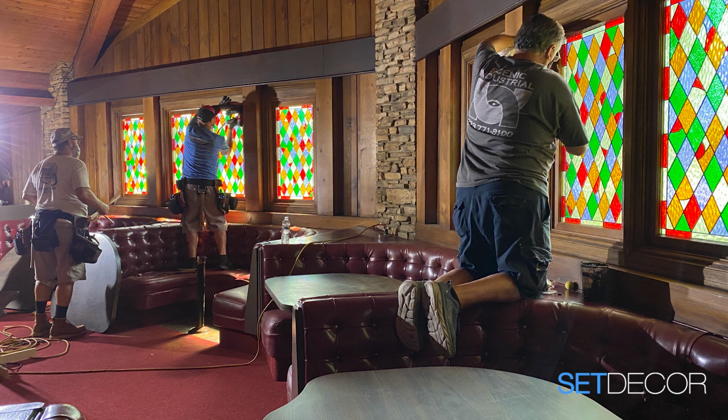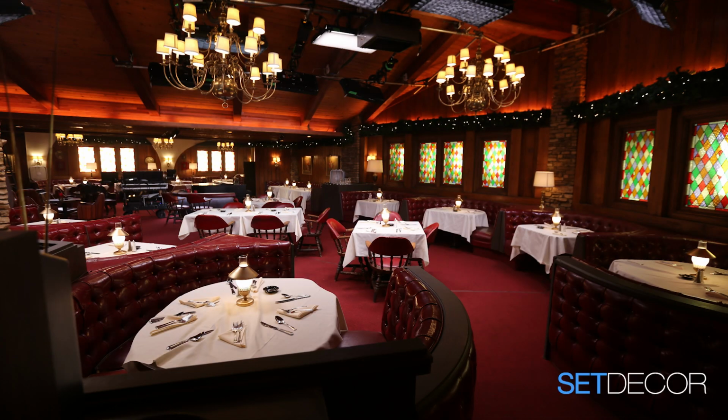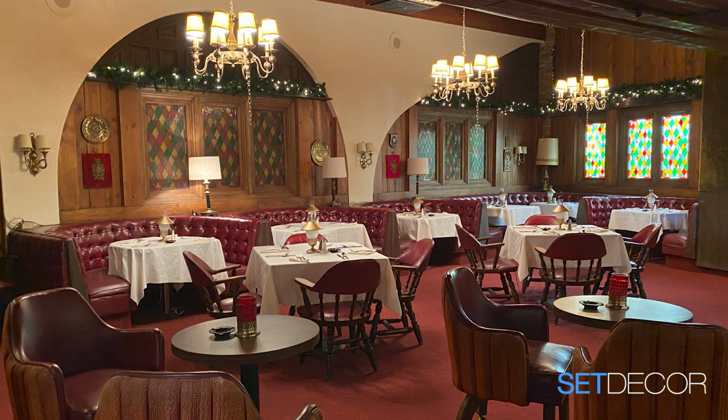And we got to actually work with a vendor who handmade, I think, 24 stained glass windows for us that we designed into these wall plugs that set designer Andrew Leach and I worked on. And then we worked really closely in redoing the entire lighting package for the restaurant, which is a huge feat that Ryan can speak to, but touching into the classical American